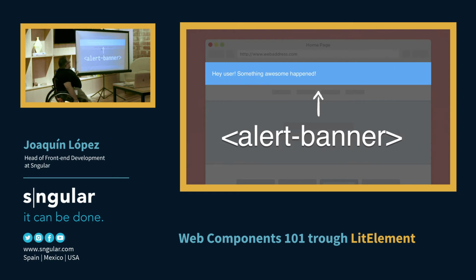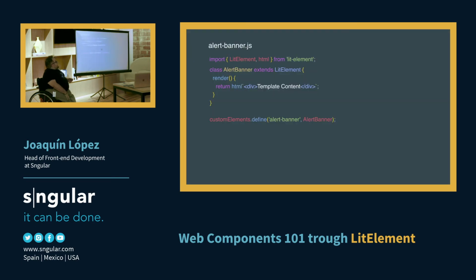As for this custom name, a custom component, as we were talking about, we have at least two words separated by a hyphen. In that way, we can know that this is a custom element. It's not native. This is the code of our component, in the alert banner JS file. This is very, very, very small, simple